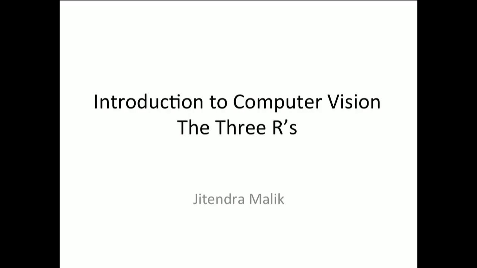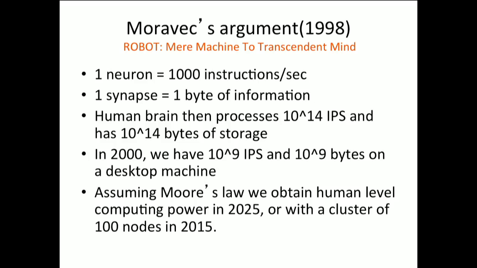Let me start with this argument that Hans Moravec made, in a book from the mid to late 90s. He was playing an interesting game, which was to try to estimate the computing power of the human brain and compare it with the computers of the day. He makes some assumptions about the clock rate at which neurons operate, how many bits are stored at every synapse, and so on. You can debate some of these things, but he comes up with a number of 10 to the 14 instructions per second for the human brain, and about that many bytes of storage. And